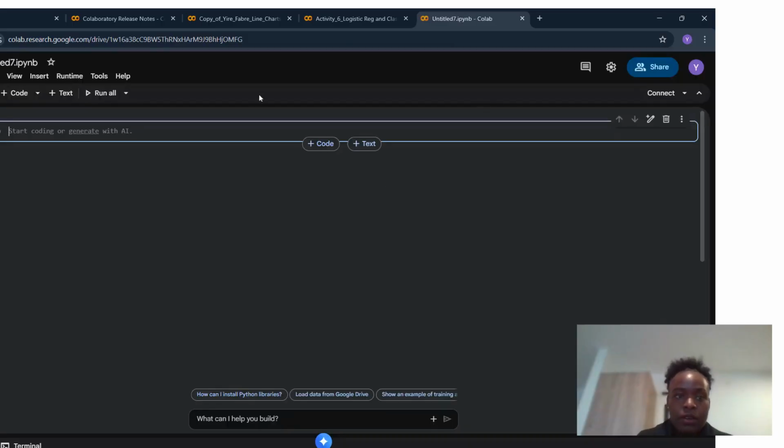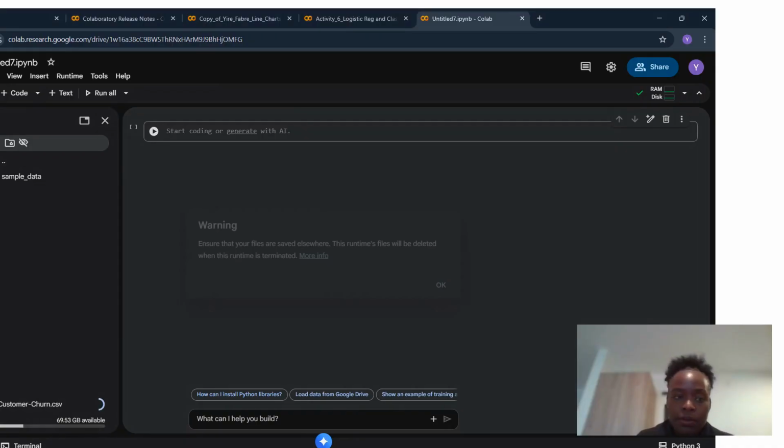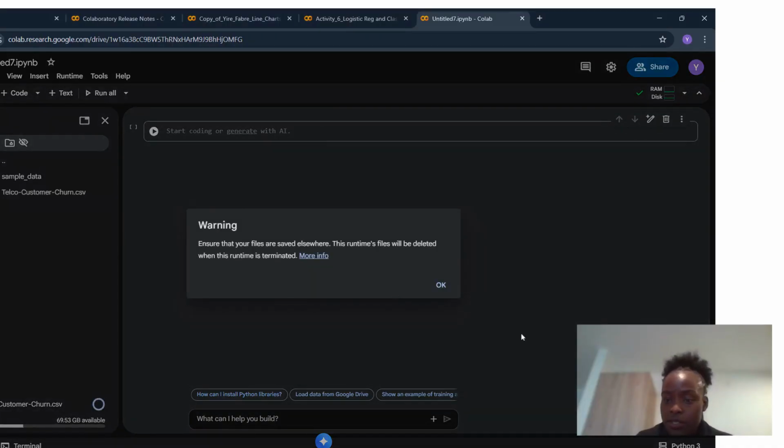We have opened a new notebook. Then what you need to do is upload the file. So go to files, this section over here, and then upload. We have recently downloaded the file and it's called Telco Customer Churn. So upload it here. They give you a warning that you ensure that the files are saved elsewhere, this runtime